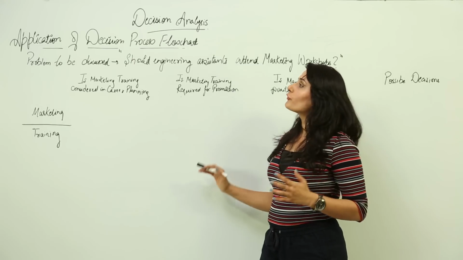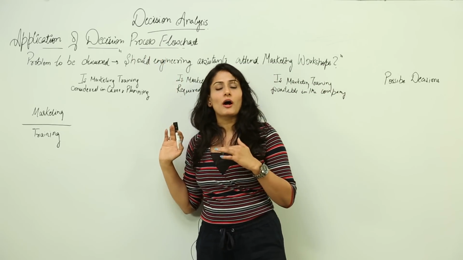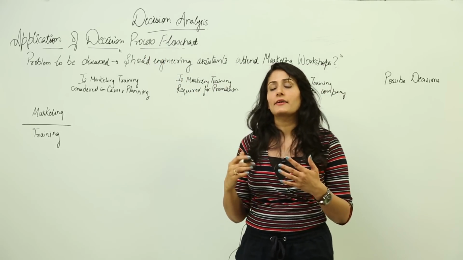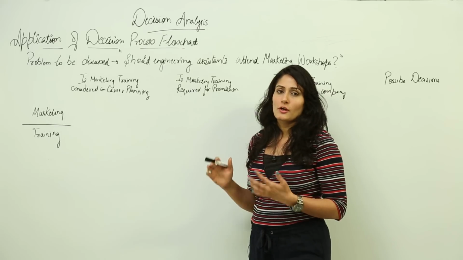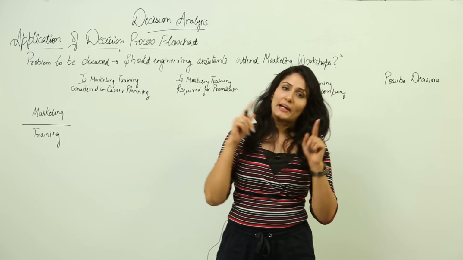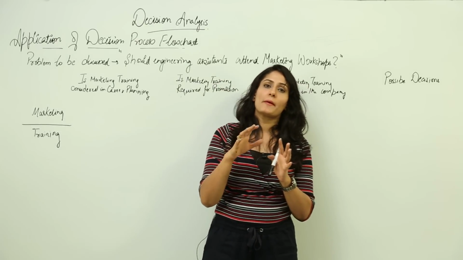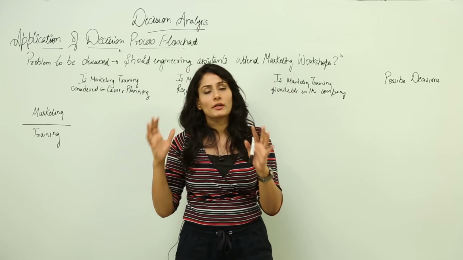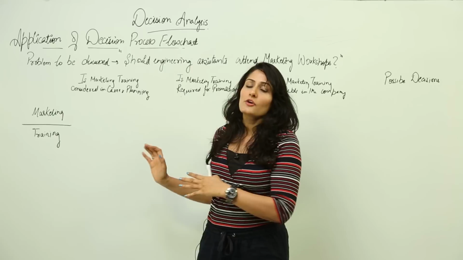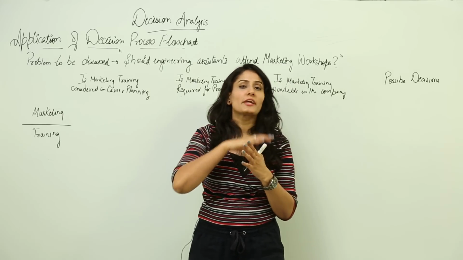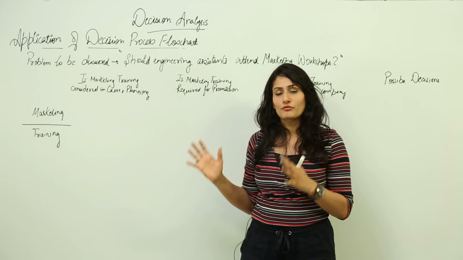Now that you have an overview of the decision process flow chart, let's get ahead and understand its application. Right, for this you need to have a whiteboard in the room, and then you have to make sure that all team members are aware of how to utilize this tool, right. So it's always better to give them an overview of how to use this tool.